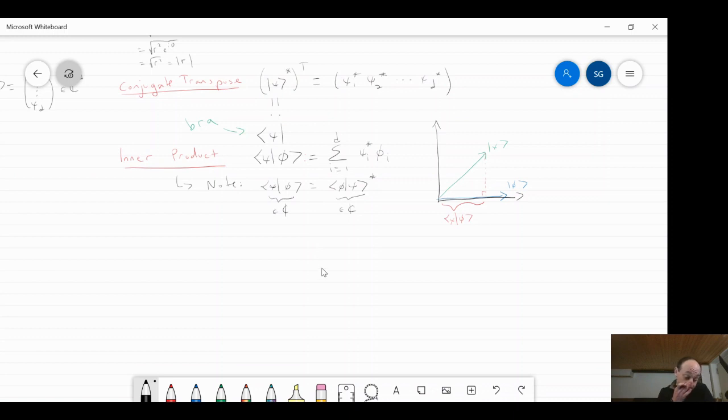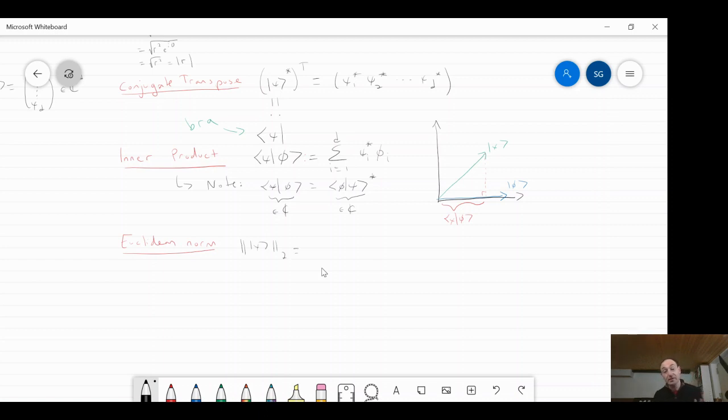But first, let me mention that now that I have a notion of overlap, I can define a notion of length, basically how long is a vector. And what I do is I take the overlap of the vector with itself. So I can define in particular this thing, which I'll give a fancy name, the Euclidean norm, which you've already probably seen in high school. Maybe you didn't call it this.